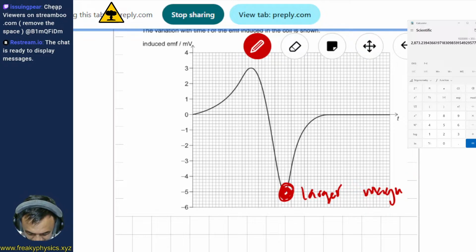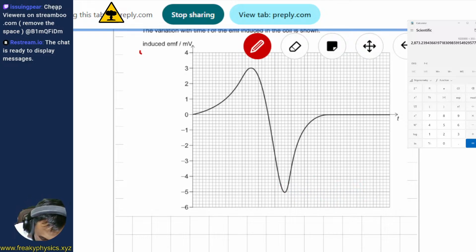The magnet. Okay. I'll remove that. But in this case, remember that's the induced EMF. So in this case, remember that for this to happen, the induced EMF must be equal to negative delta phi over delta t, right? Change in flux, largest change in flux. So where do you have